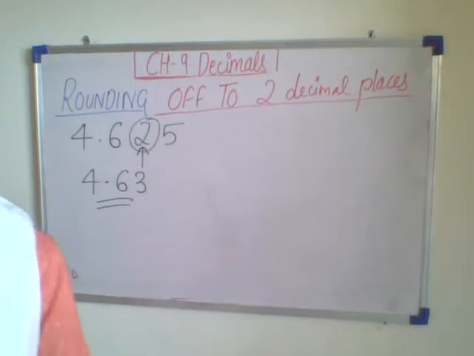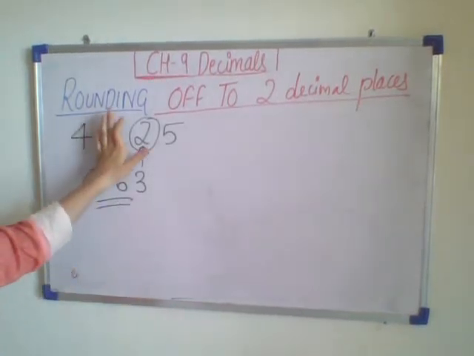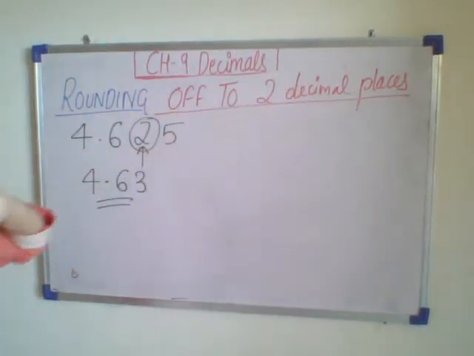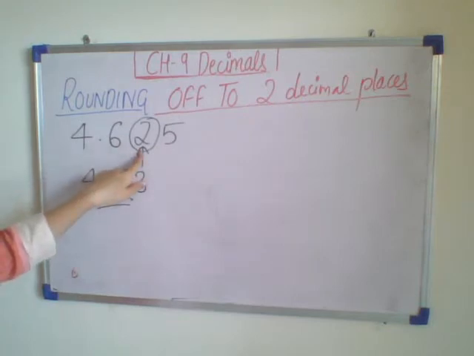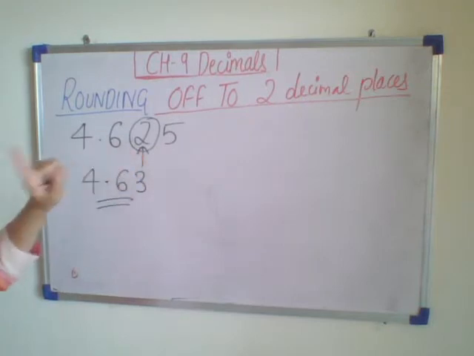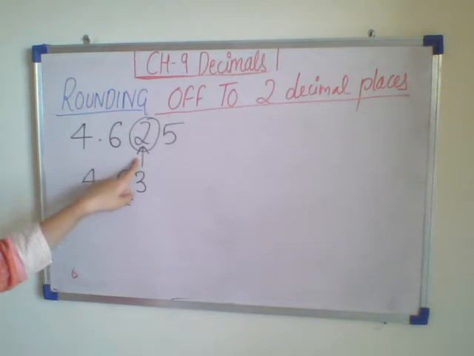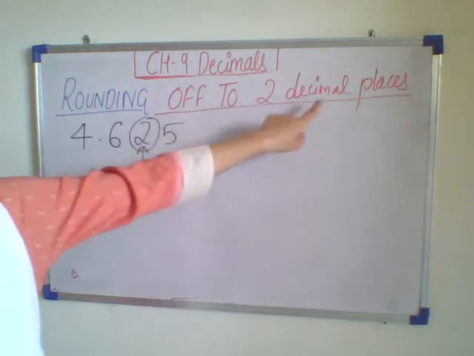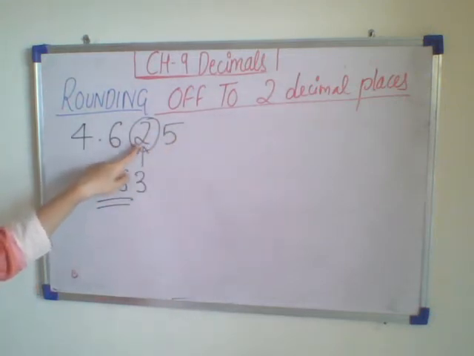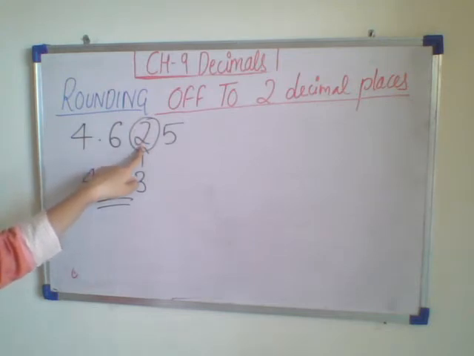So let us revise how we have done this. In the question it is asked rounding off to the 2 decimal places. This is the digit which is given to you. So first, in the first step, we have to identify the place we want to round off. This is the place we want to round off because it is asked 2 decimal place. We have to round off this place.